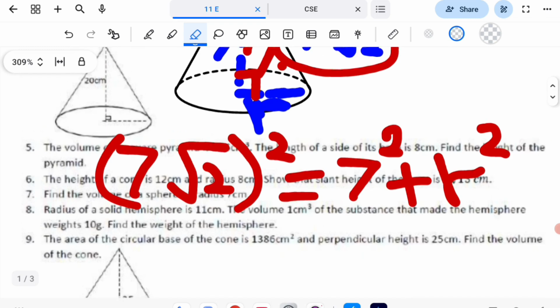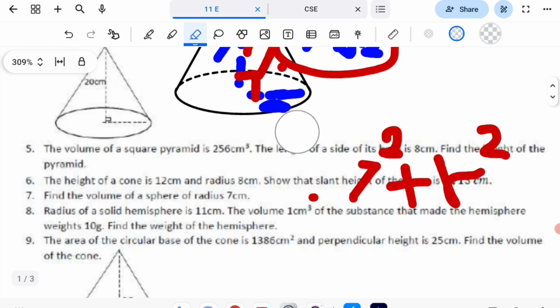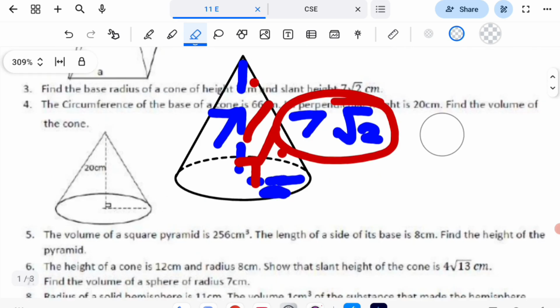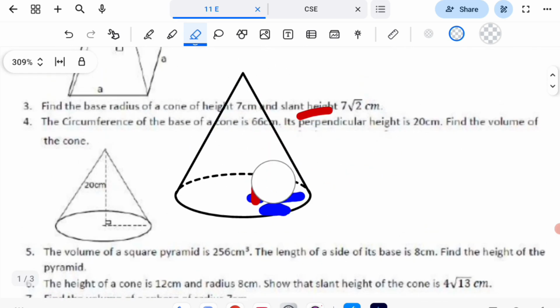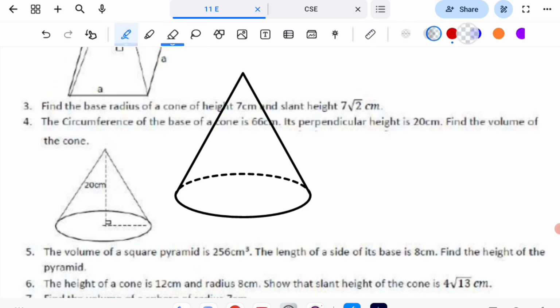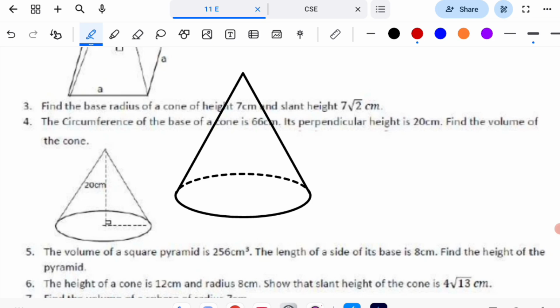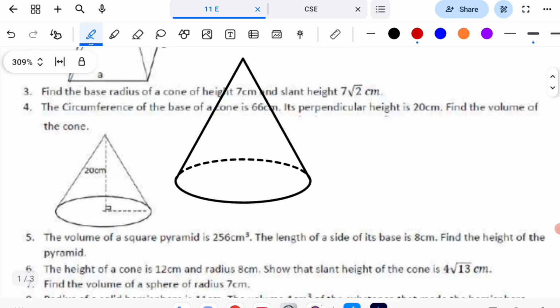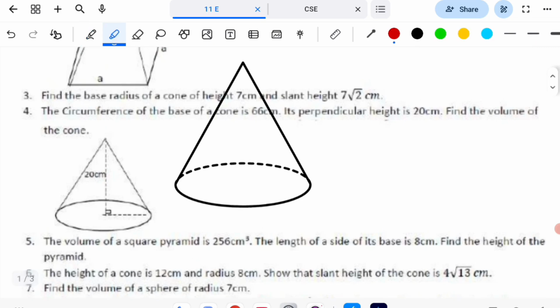Then next, question number 4. Circumference of the base of a cone is 66. Its perpendicular height is 20. Find the volume of the cone. First of all, we have to find the radius by using the given circumference. Then we can write, circumference is